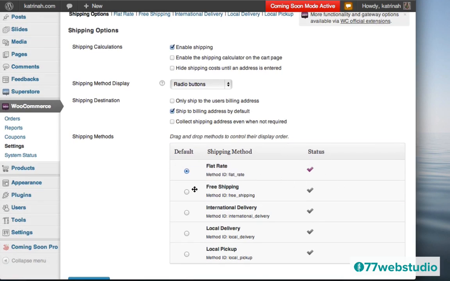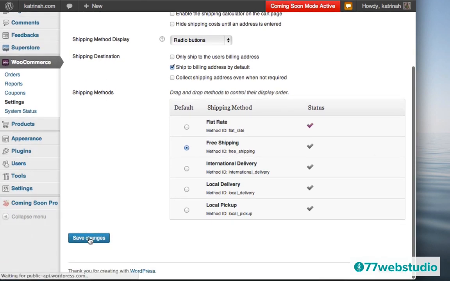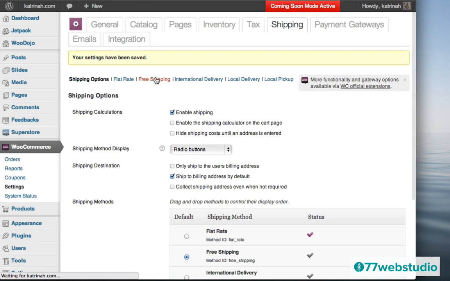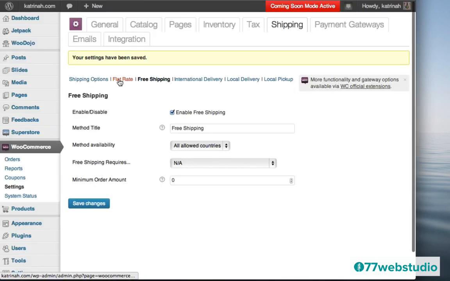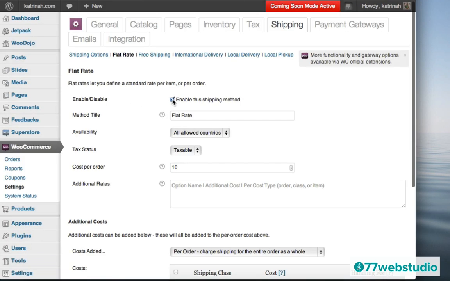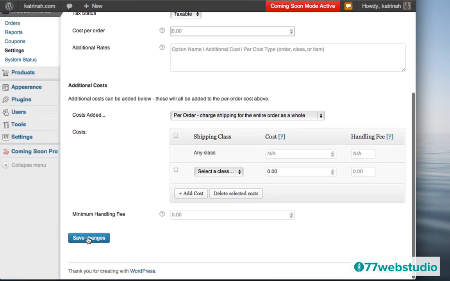So as mentioned, I want free shipping, however, so I'm going to reverse everything we did for flat rate. So I'm going to click on free shipping, click on Save Changes. Then I want to go to free shipping and I want to enable it. So I'm going to go to free shipping and click on enable free shipping and click on Save Changes. And then I'm going to go to flat rate and I'm going to disable the flat rate shipping. So I'm just going to uncheck it, and I could also delete this number here. And then I want to come to the bottom and click on Save Changes.